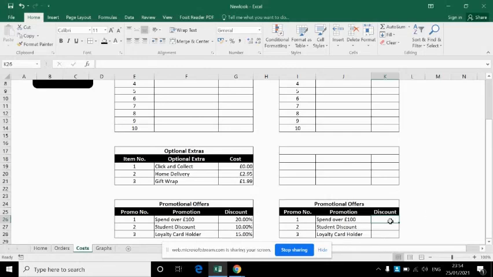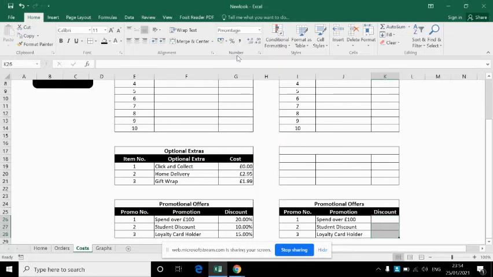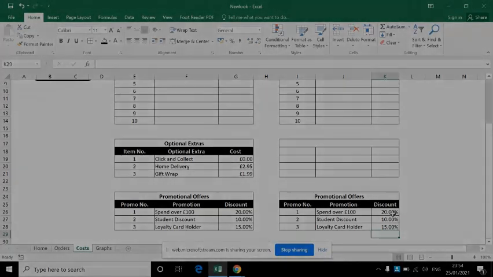So instead of highlighting these cells in this column and in the number section formatting those as currency, instead I'm going to format those as percentage. So I'm going to highlight those, select number, select percentage from the drop down, and then when I enter the percentage of discount as a standard number, 20, 10, and 15, you can see that the spreadsheet automatically adds the percentage sign, but as